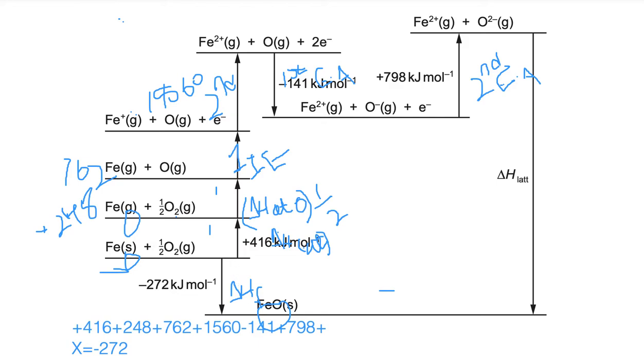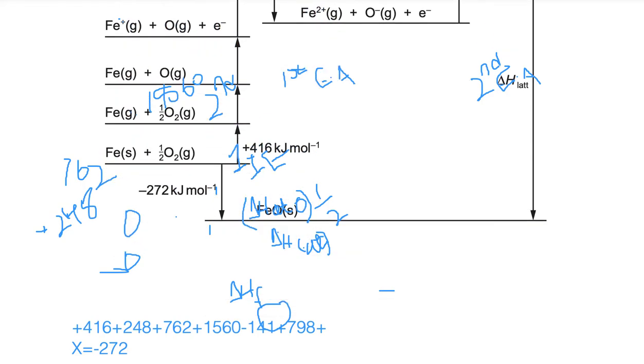So we put an equal to, and then the one which is over here, minus 272, because it is not in the same cycle. So this is one cycle, right? But this one is not, so we put an equal to over there and then solve it. So what it would be is, let me see,